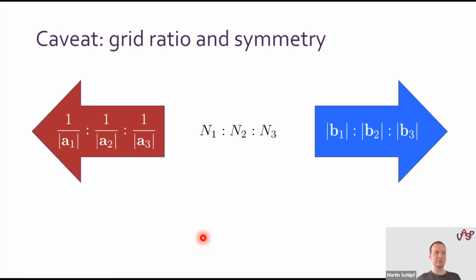You should choose your K-point mesh density according to the length in real space or reciprocal space, or inversely to the real space vectors. So actually there are two different ways you can choose this. And for very simple symmetries, those two choices are equivalent. So you can either choose your mesh densities proportional to the inverse length of the real space vectors, or you could choose them proportional to the